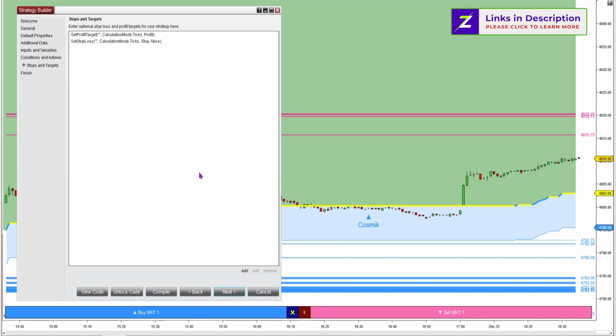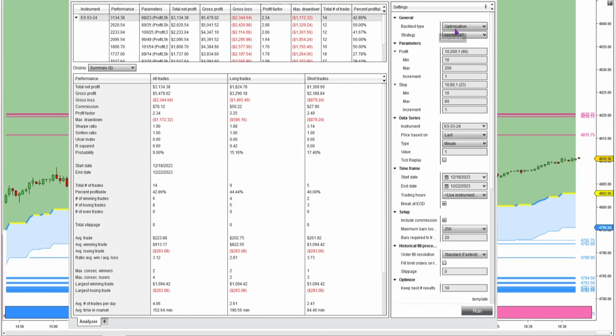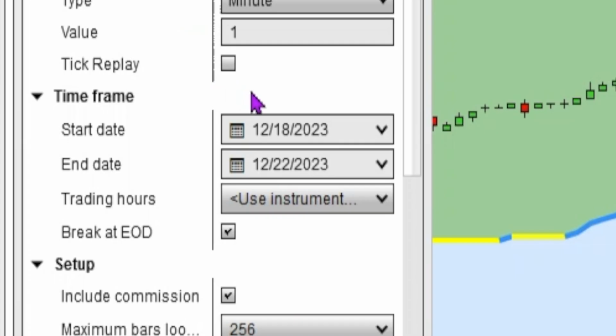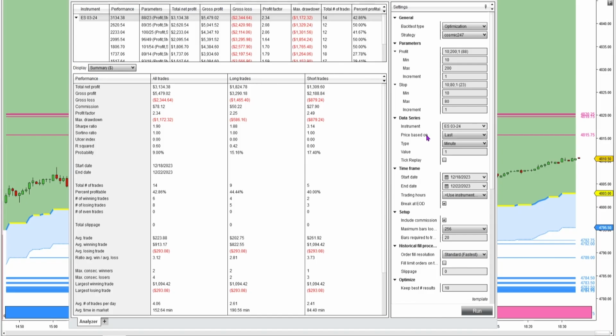In this strategy, I've just set up a very simple stop loss and take profit. There's no fancy ATMs or multiple entries or anything like that. I've done an optimization backtest for this strategy, testing a profit between 10 and 200 and a stop loss between 10 and 80. I've tested the last current week of trading right after we changed contracts to the 3/24, March 24 contracts. So for the last 5 days of trading, Monday through Friday last week, trading only one contract on